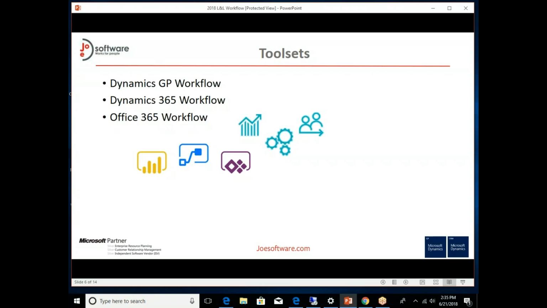The first one being Dynamics GP workflows, which Terry alluded to with an example, some of the HR types of things. Renee is going to talk a little bit about some of the other ones that are available. We're then going to talk a little bit about Dynamics 365, Office 365 kind of workflow tools, covering things like Flow and, to a lesser extent, some of the SharePoint. And then we'll also talk about Dynamics 365, the CRM, the Marshall, and where those things fit. So with that,